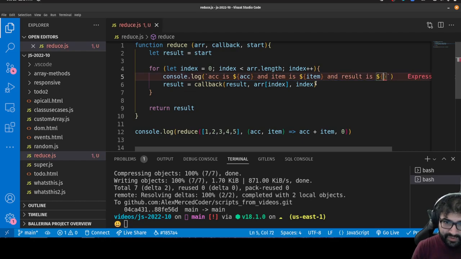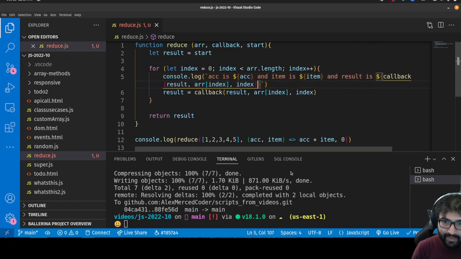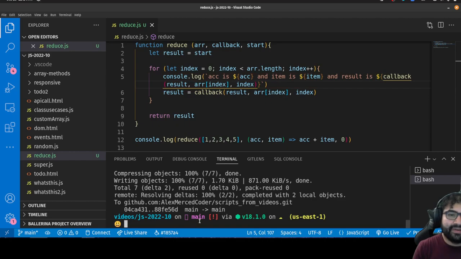And then I will do this callback again, just so we can see what the result is, so you can see what happens on each loop. Okay, so essentially, if we run node reduce.js,